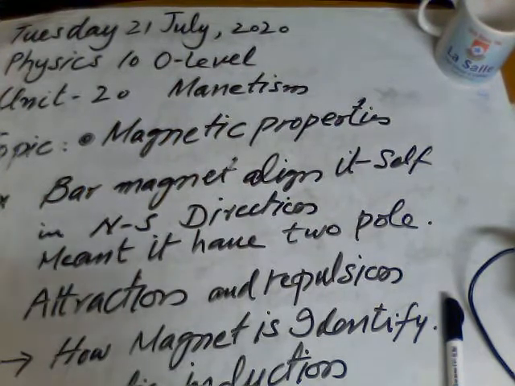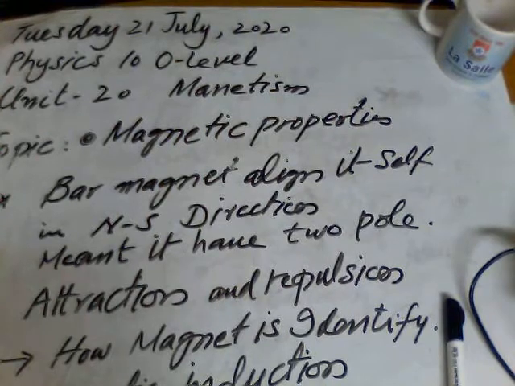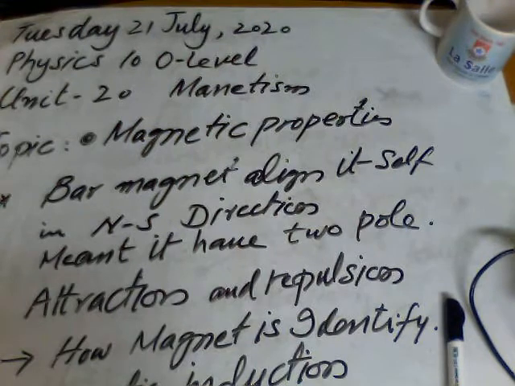Actually, you may have studied that it was considered in ancient time that there is a big magnet in the center of the earth, and that magnet is a big bar magnet. So if we see poles like north and south pole, the earth also has north and south pole.